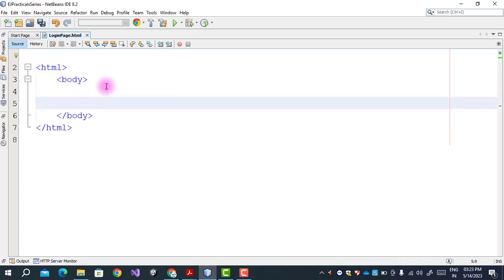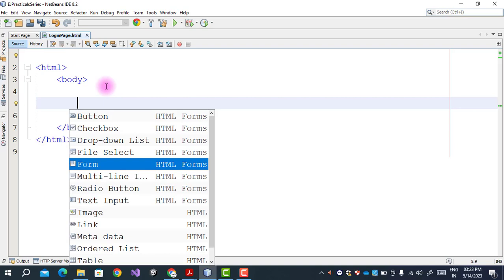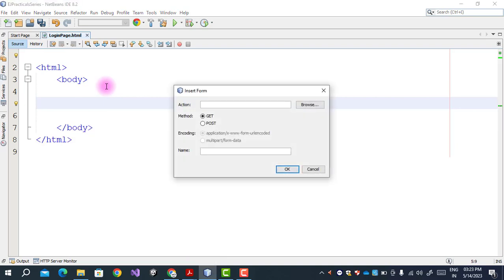So we first start with the form tag. We press Control space bar. So here we have a form. In form we have to specify two things. First, the action. In the action, we will give the name of the servlet file, which we will create later on. So login servlet, and method equals post. There are two options, get or post.